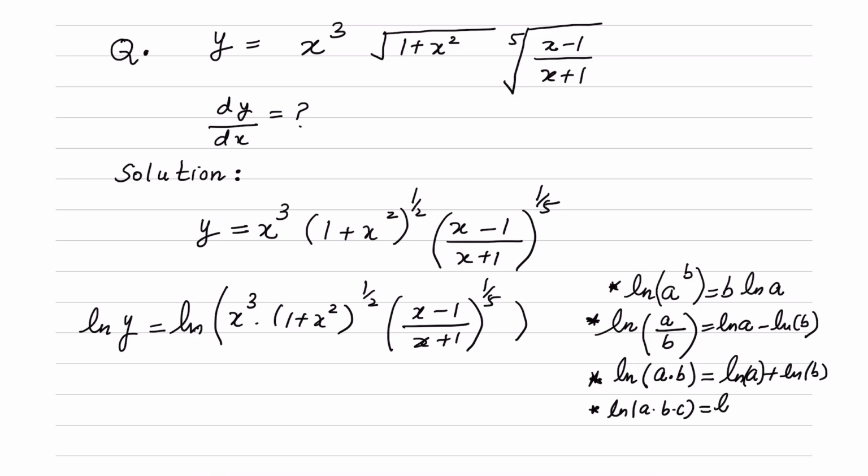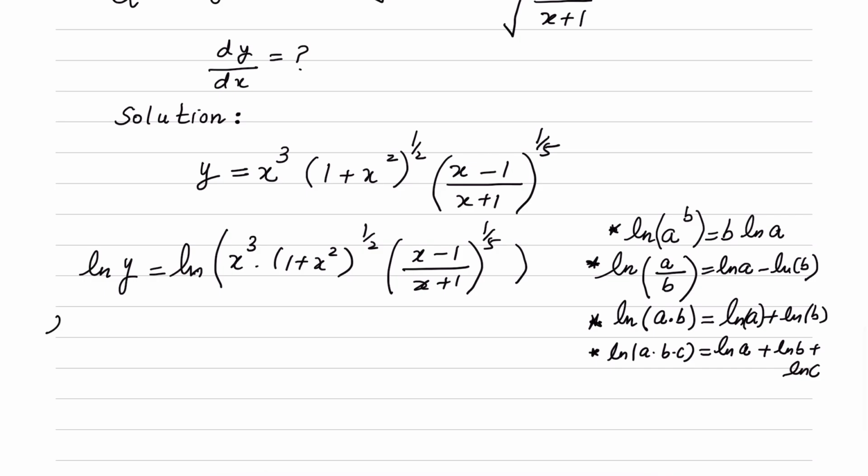Then log property says you can write it as ln a plus ln b plus ln c. Let's get back to our question. So left hand side is still ln y, but on the right hand side we can consider that three terms are being multiplied, x cube, (1 plus x square) to whole power 1 by 2, and this expression. So by the log property, ln of the product of three terms could be written as the sum of three terms, which is ln x cube